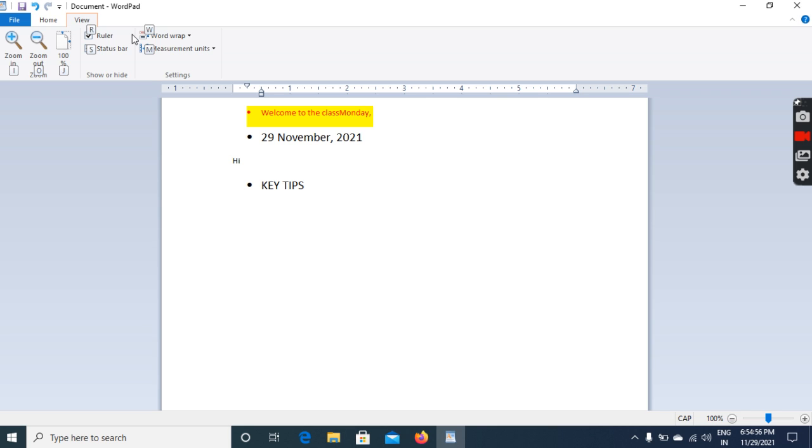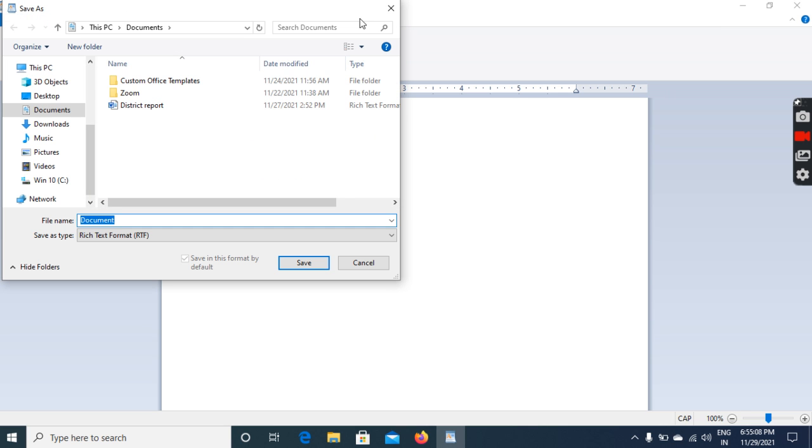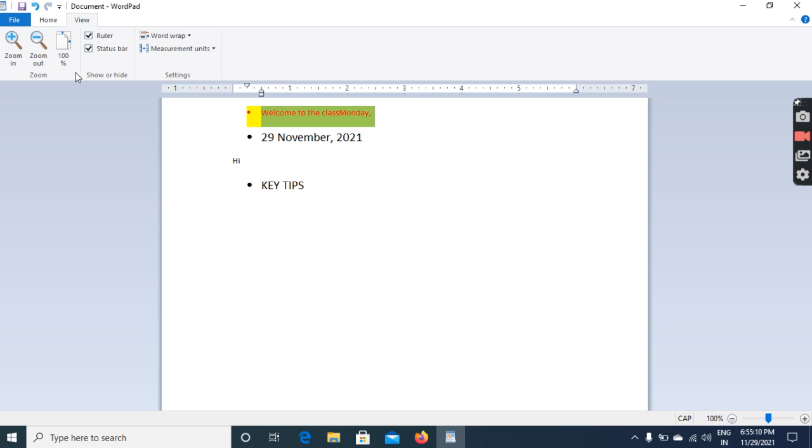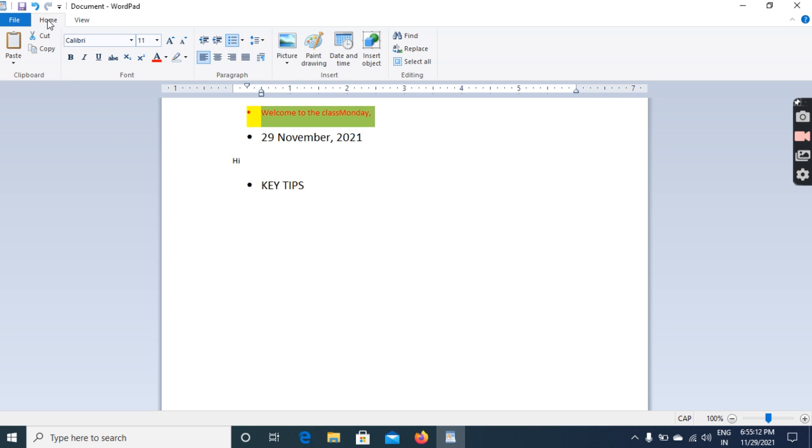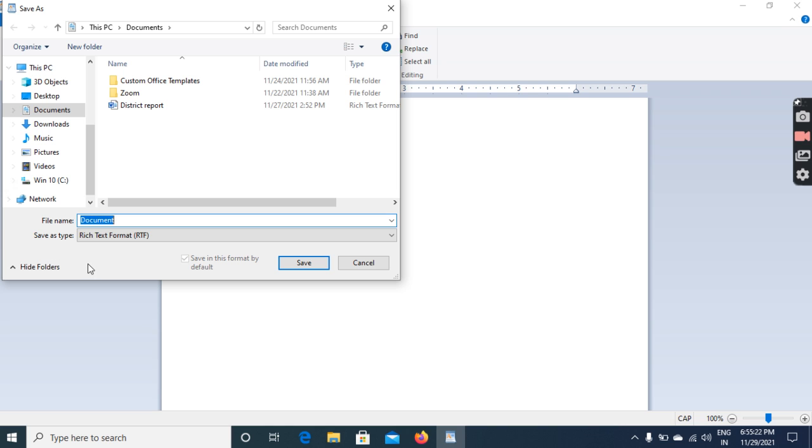Now creating a document. To create a new document, click on the WordPad button and select New. We'll go over here. This is to save. You have to go here. You can see these are again the same options. You can click here and see there are options to save your file.